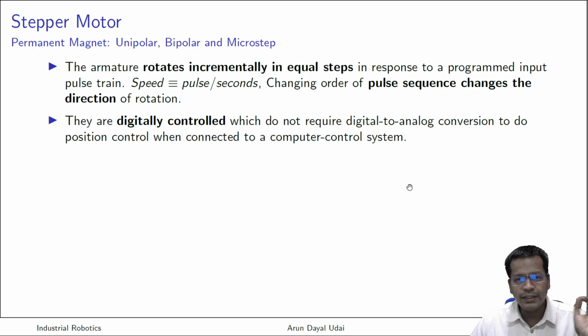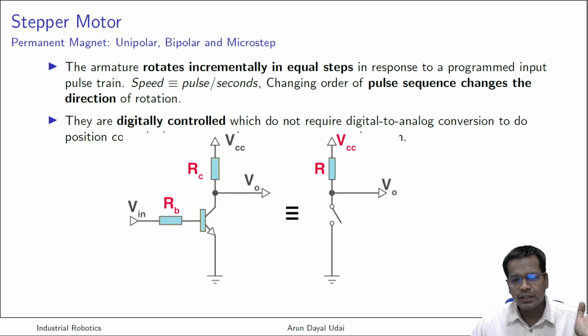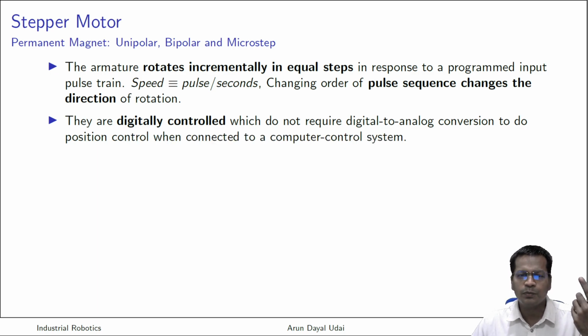Okay, these inputs are digitally controlled. Digitally controlled means this transistor, although the V output voltage can go maximum up to VCC, that is the collector input voltage. Okay, that is what is the actual voltage which is required to drive the motor. But what is the current control voltage? That is 0 to 5 volt, that comes at the V in of this transistor switch. And where from it comes? It comes from the digitally controlled circuit.